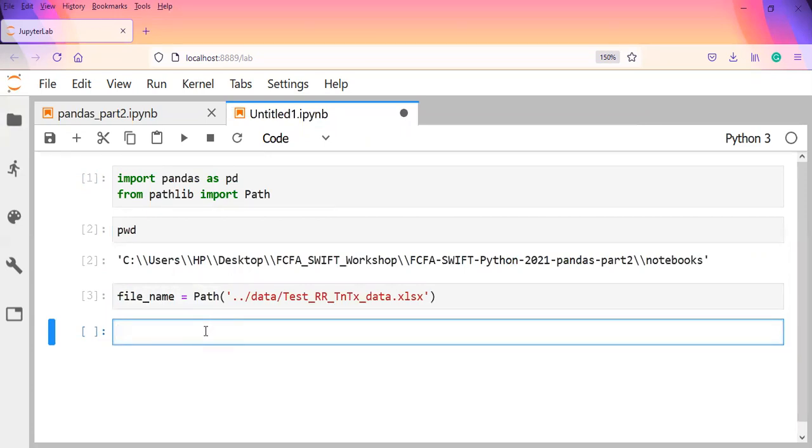Now, there's an Excel file. So there's a method of pandas called read_excel, which allows you to read certain files in Excel. So I have in here pd.read_excel, and then I call the file name. And then there should be,